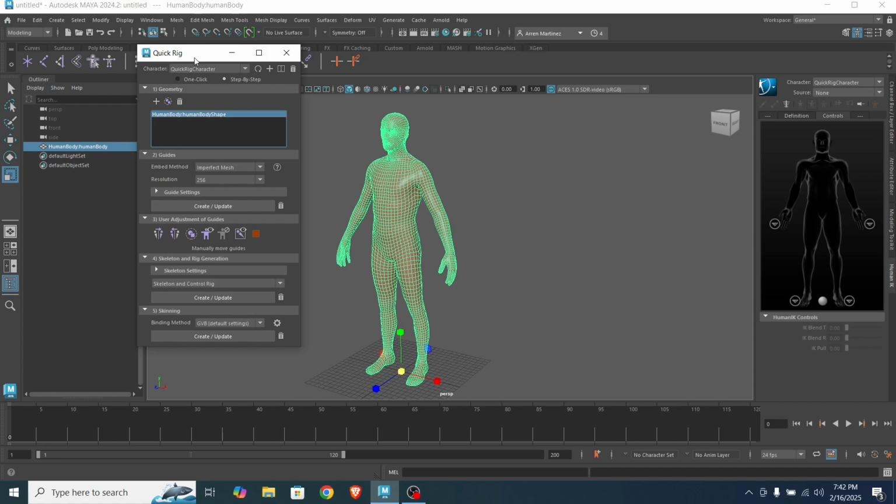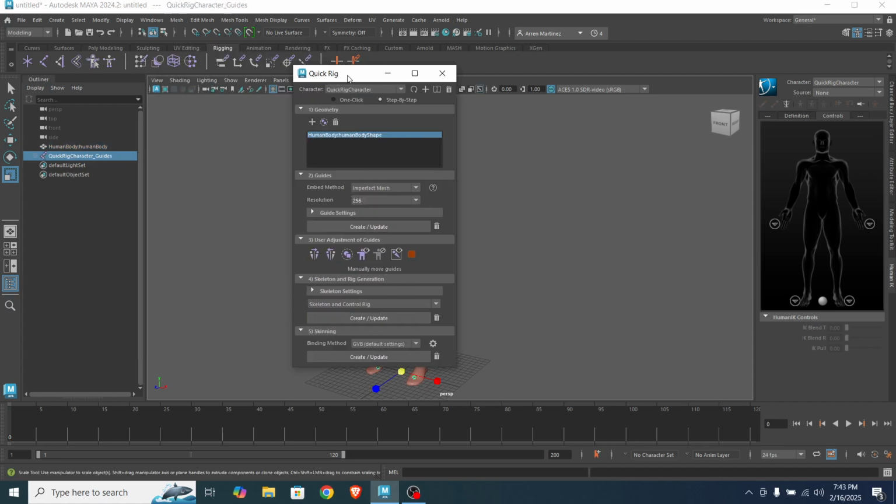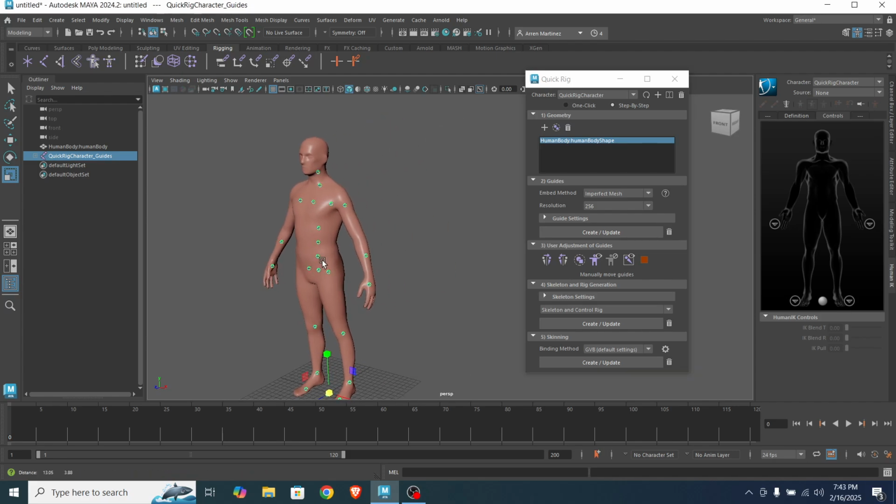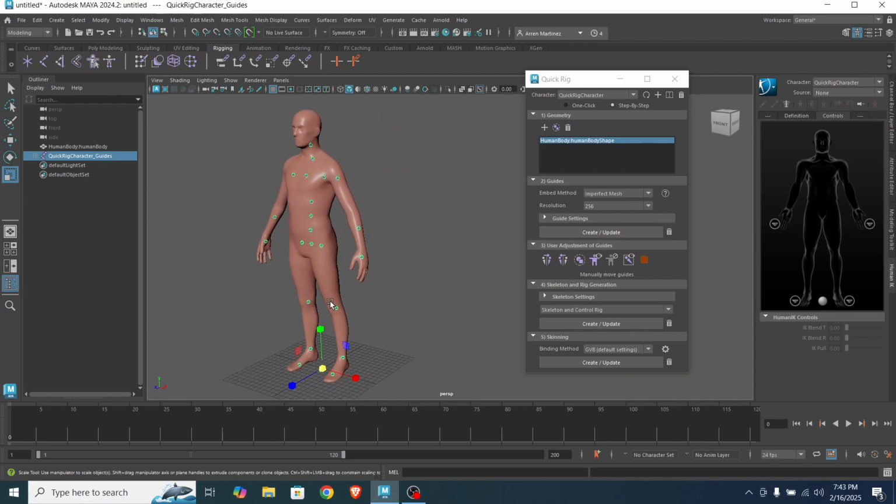In the guides, I prefer to use the default setting, which is imperfect mesh for the embed method, and the resolution is 256. You can adjust it based on your preferred setup. So if I click create and update, what does it mean? You see different nodes or dots appear here.